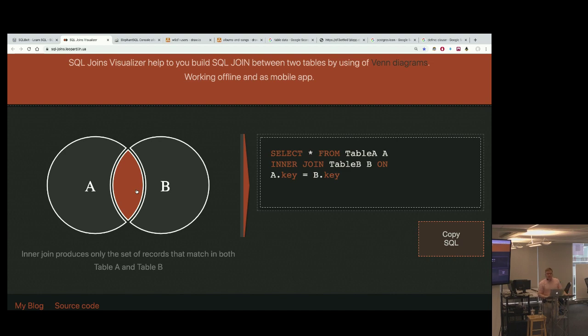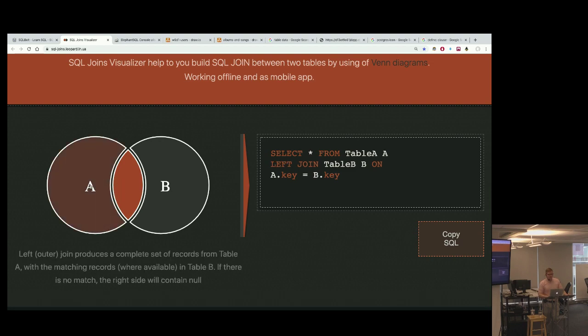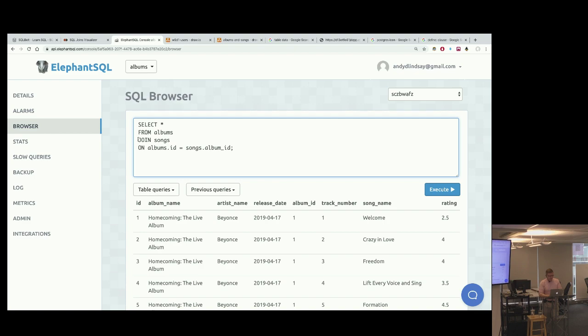So what kind of join do we need in order to see all of the records from table A, all of the records from our albums table? We need a left join. Cool. So if I go back up here, we know that this was an inner join, right? Because if we execute that again, we see the exact same thing. If I change this to left,